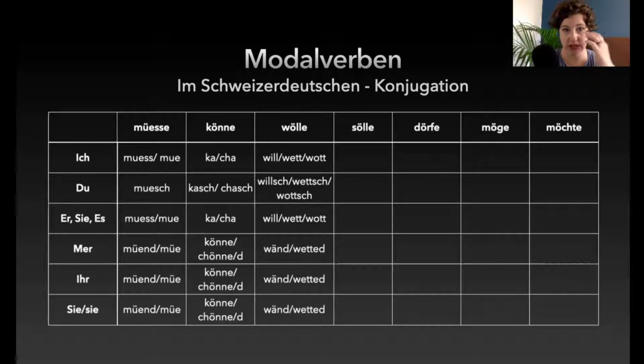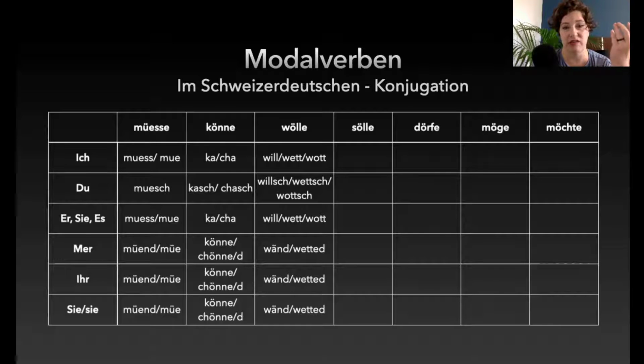Wollen, to want. Ich will. Okay, this one is a bit more spread. It really depends on who you're talking to. I would say ich will, but the region Zurich would say either ich wett or ich wott. Ich wett das Pony. Ich wott ein Kaugummi. You probably hear that a lot from children. Du willst, du wettst oder du wottst.